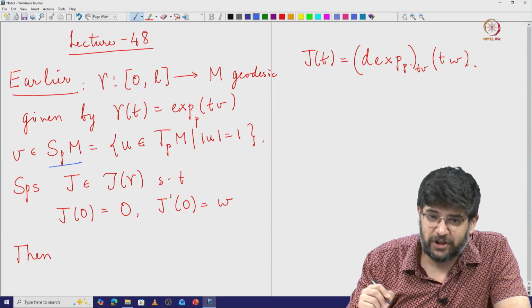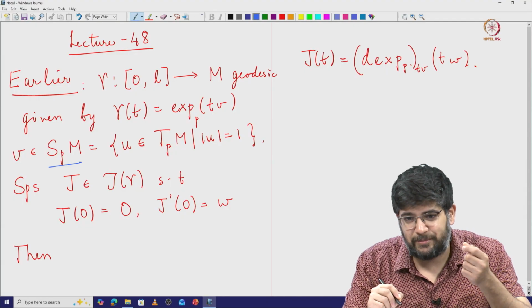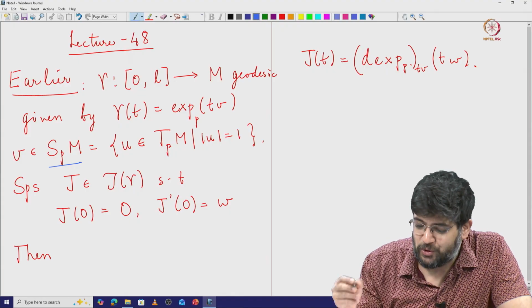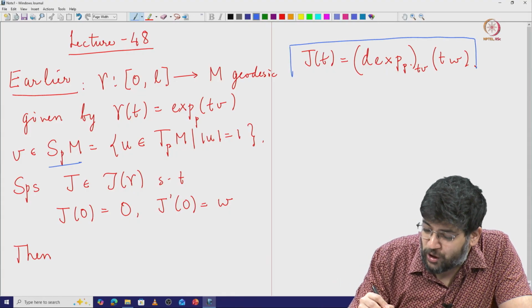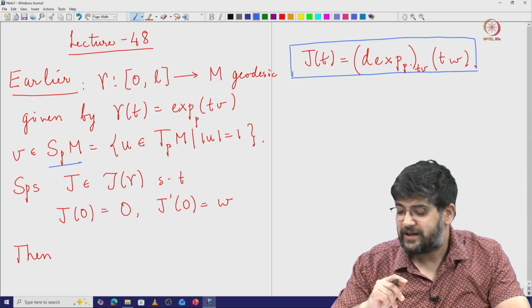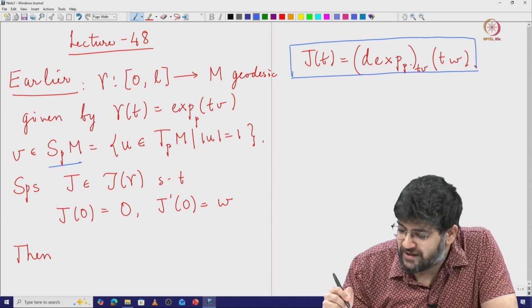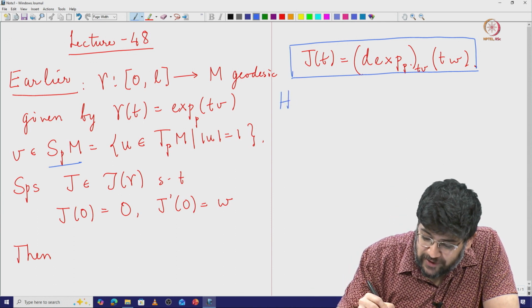Now suppose I have a Jacobi field along gamma which vanishes at the initial point, and the derivative at the initial point is given by w. Then we have this nice formula for exactly what that Jacobi field will look like. It is basically the derivative of the exponential map at the vector tv acting on the vector tw. So here, as always,